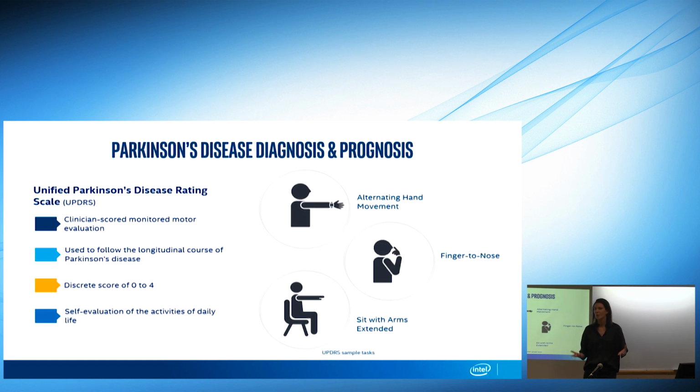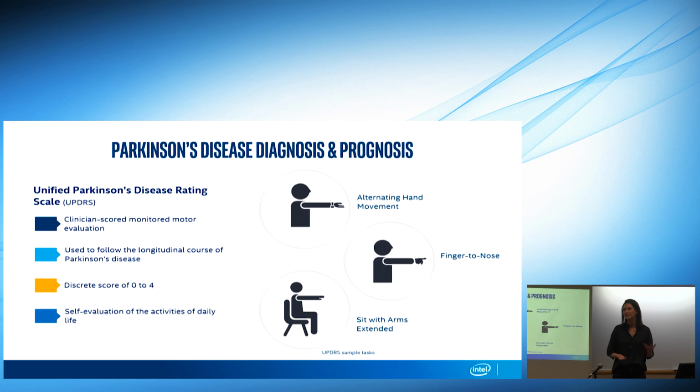The patient will come to see their neurologist every few months, and then the clinicians will do two things. First of all, the patients will be asked to fill out a questionnaire in order to assess the progression of their disease and how it affects their